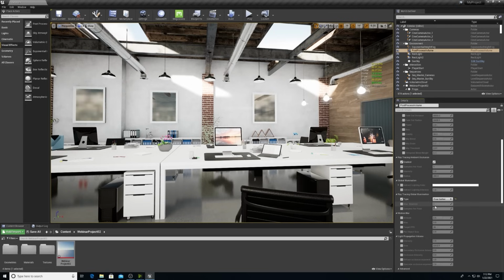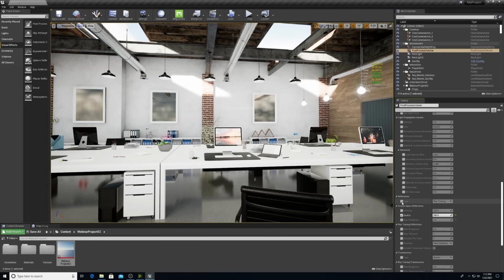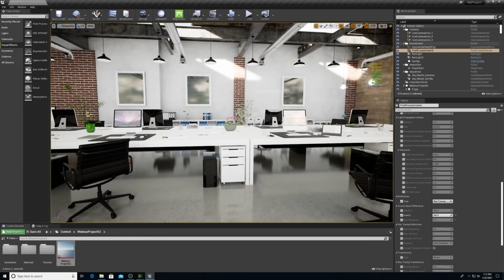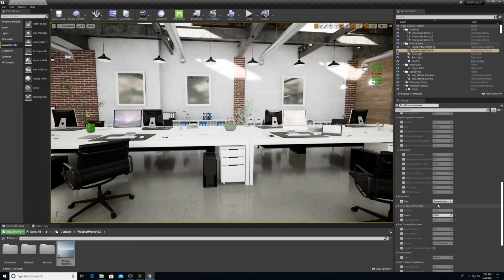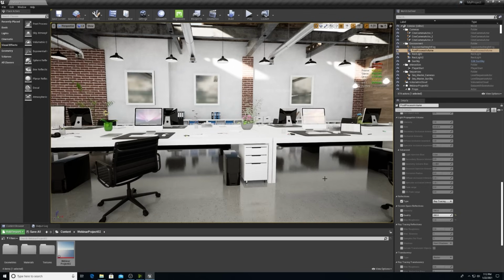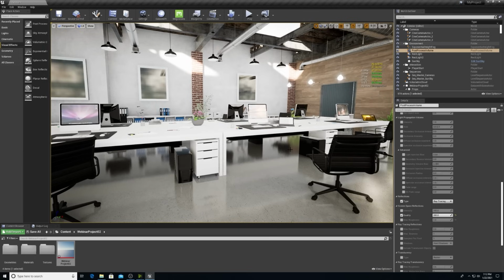And now I'm going to go to the ray tracing reflections. So if I scroll down and make sure that this reflections type is ray tracing, I'll go ahead and toggle that between the screen space here and the ray tracing. So you'll see that that ray tracing gives it a lot higher fidelity, which I personally love and am excited about. It does change the frames per second though.